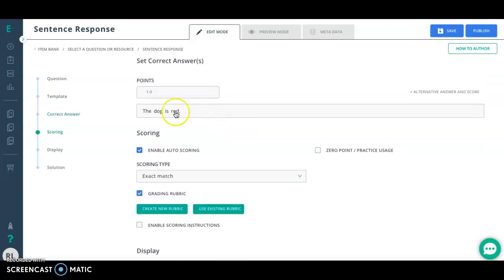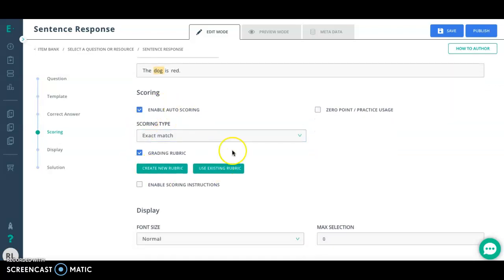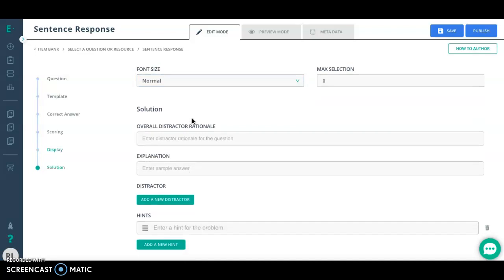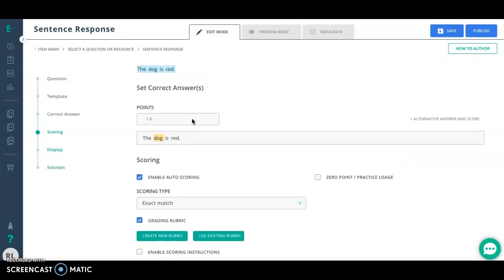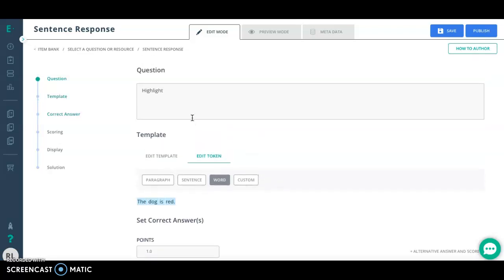I'm going to leave it at word, and so they would click the dog is red because that was the noun. Down here, again, scoring, same as always. Display, same as always. Solution, same as always. So that's an awesome tool for having students highlight specific things in question or in